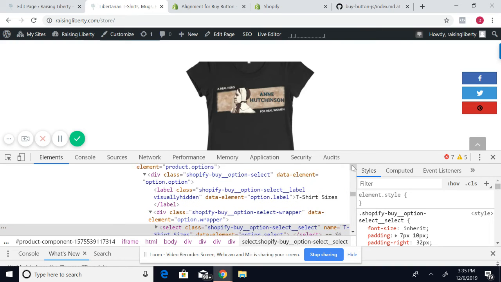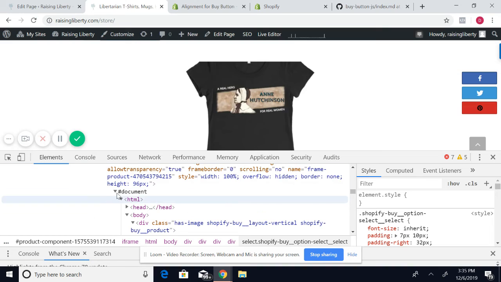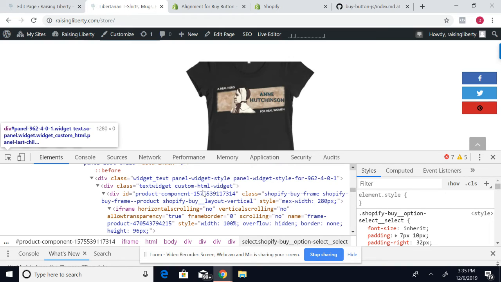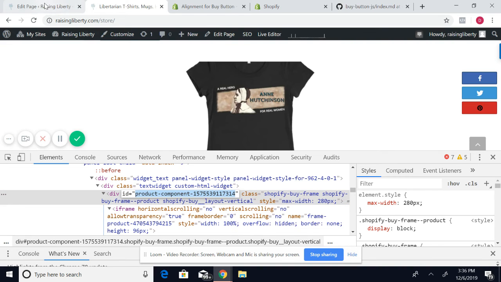So you go up here, it's right here. No, hold on, I want to make sure we get the right one. There it is. There's the ID right there. So double click on that so you can copy that ID. Copy it, go back here,